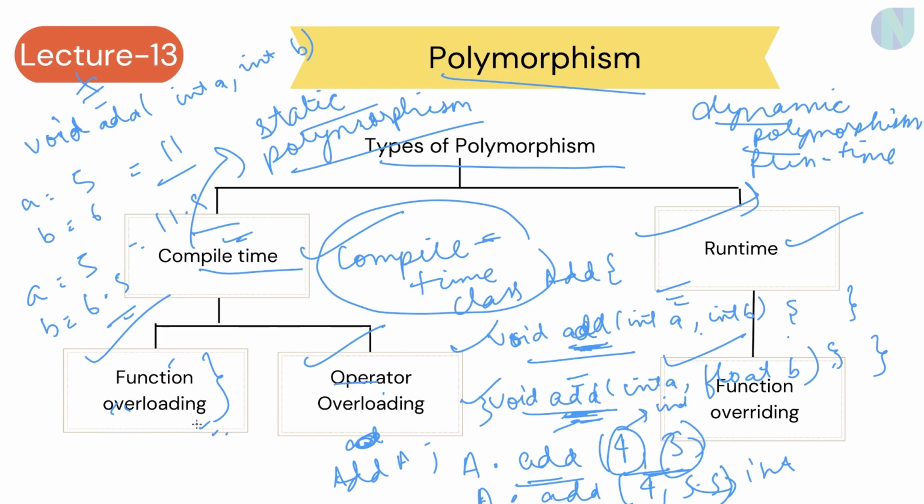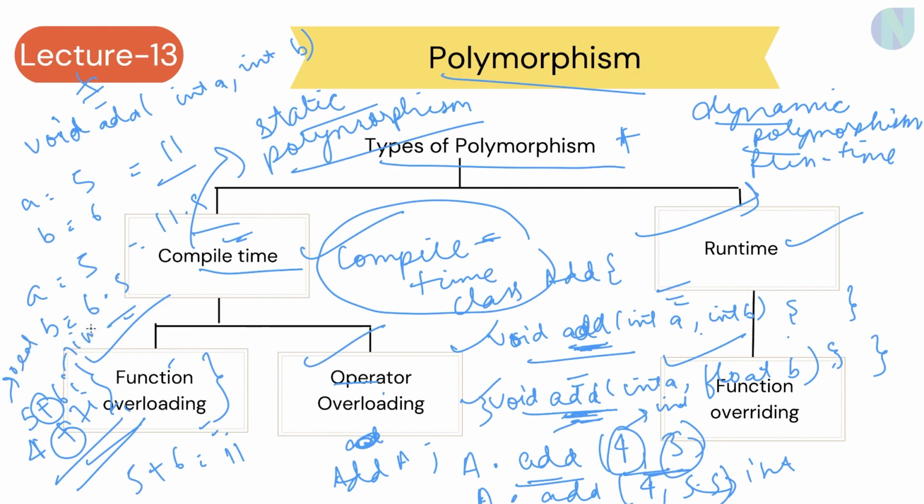Now operator overloading. Consider that I am adding two numbers 5 plus 6, that would give me 11. But what if I am having a number of type complex? I want to add 4 plus 7i and 5 plus 6i, and I want to use this plus operator. So basically when we use the plus operator from the system, it would show some unknown behavior, or it won't be able to add the imaginary value. So for us there is a real value in a complex number and then there is an imaginary value.